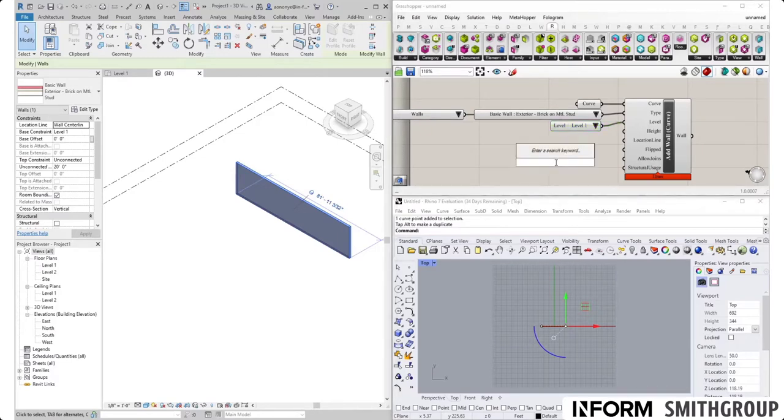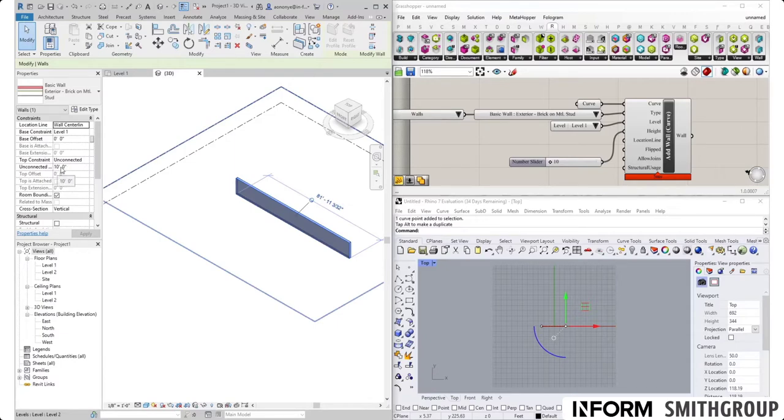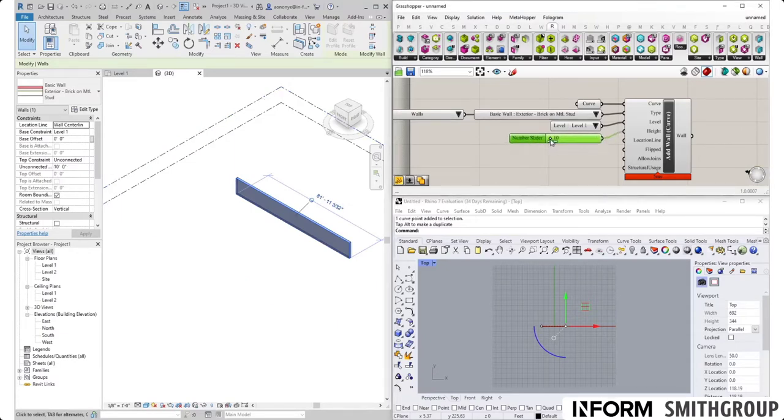So what we're going to do is, let's do a 10 to 50 and connect that height, and you will notice that unconnected height has changed to 10. And you can adjust this as you wish. It's mind-blowing. This is Grasshopper controlling Revit geometry